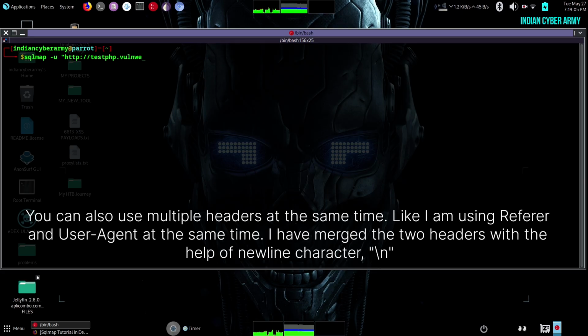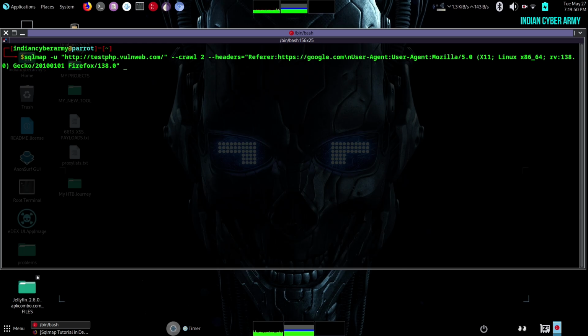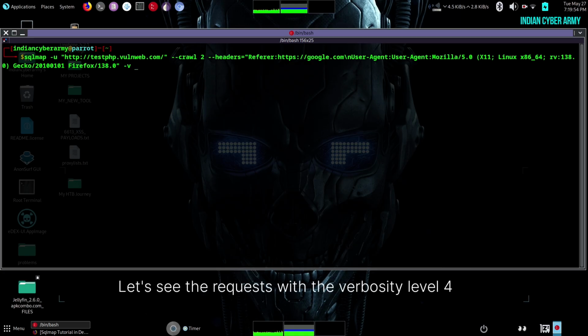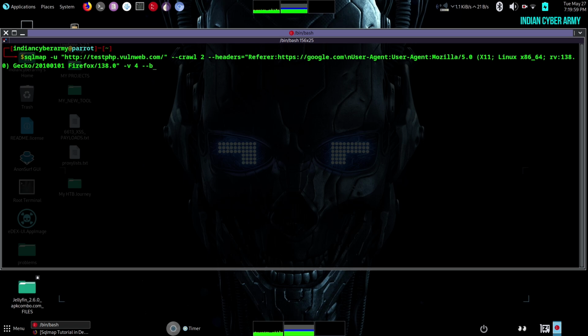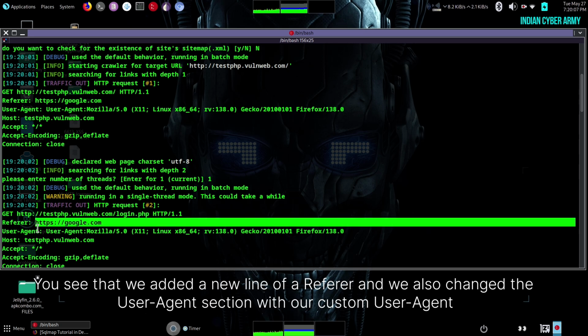You can also use multiple headers at the same time, like I am using referer and user agent at the same time. I have merged the two headers with the help of the new line character, \n. Let's see the requests with the verbosity level 4. You see that we added a new line of a referer, and we also changed the user agent section with